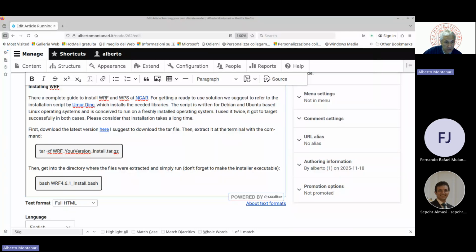This is a web page, you see, available data sets from NCAR. And here you see that there are several data sets. You see the temporal resolution and the temporal availability. What I suggest is to refer to